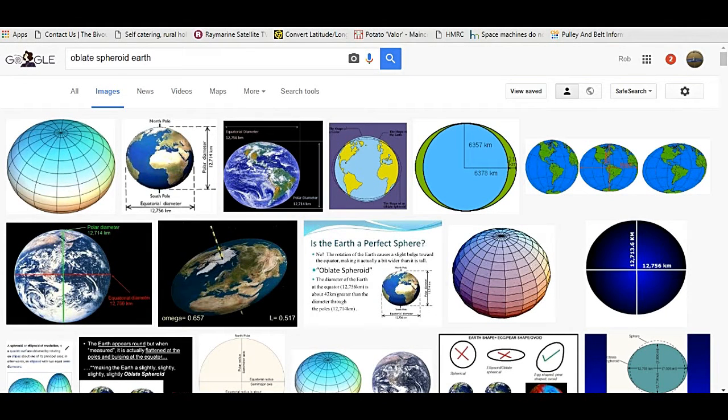So the Earth is said to be a sphere, although not a perfect sphere. It is proposed that it is actually an oblate spheroid. And if you go to Google Images and type in oblate spheroid Earth, on the very first page you'll come up with 4 diagrams or 4 pictures here that all give the same value for the oblateness of the Earth, and that is that the